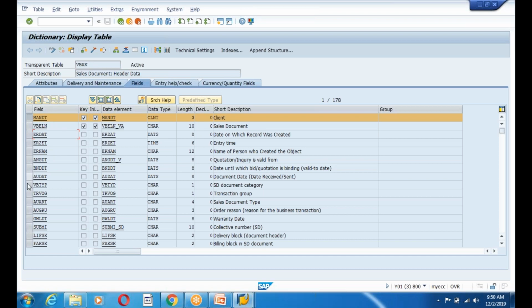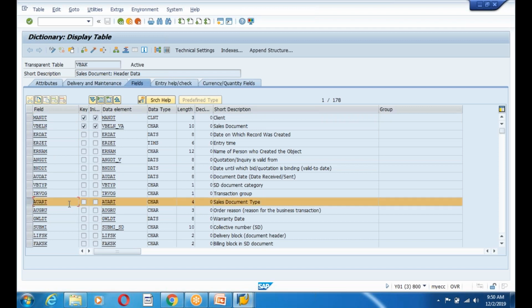And also, guys, if I go to the order type, see, where is the order type? AUART. See, guys, what order types can I maintain in SAP? Definitely SAP has maintained some order types, and you need to choose only those order types. If I choose any other value, it should give an error. So if you want to do that kind of validation, what do I need to do? Enter only specific order types. Don't enter your own order types. If I enter my own order types, it should give an error. It should validate from the database, saying this order type does not exist in the system. So how can you validate that kind of thing?